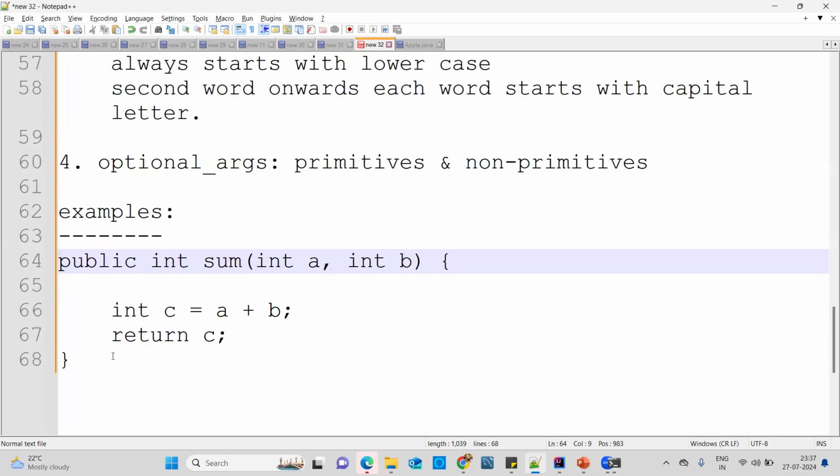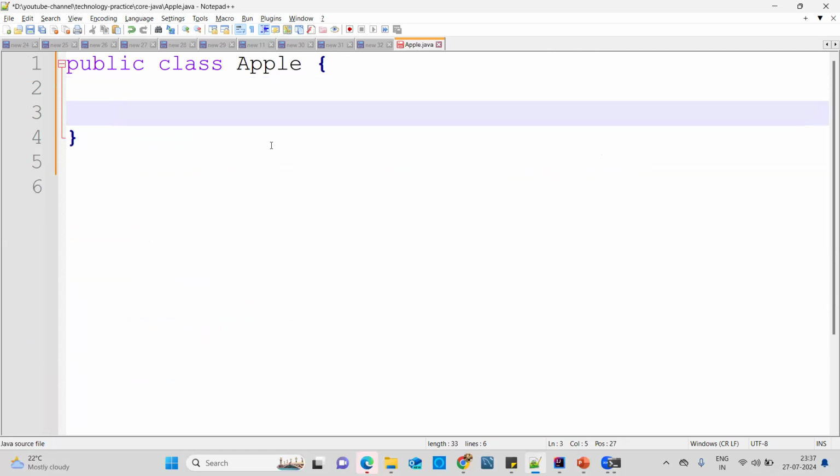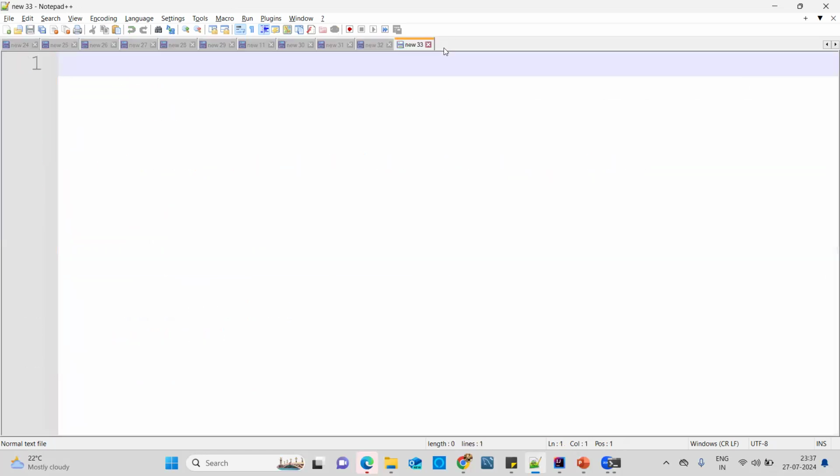Okay, but where can I define this? We have to write it inside the class only. We cannot write outside the class. So for example, if I want to write any class, any method, what I'm going to do is let's remove the class here. I'm going to write another one, the class called public class Maths as a class name,